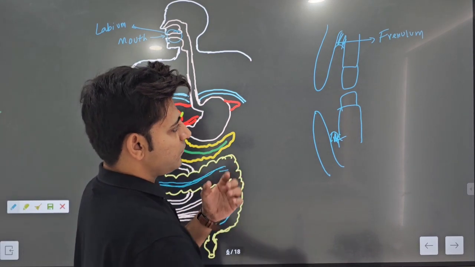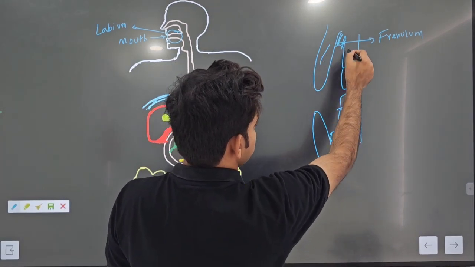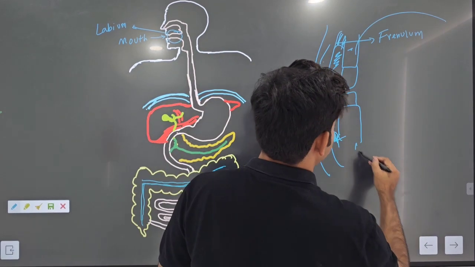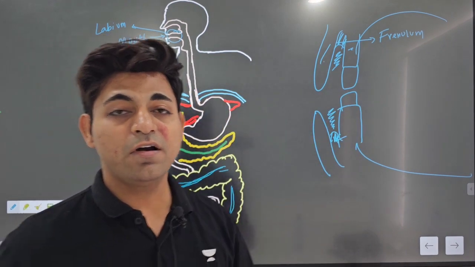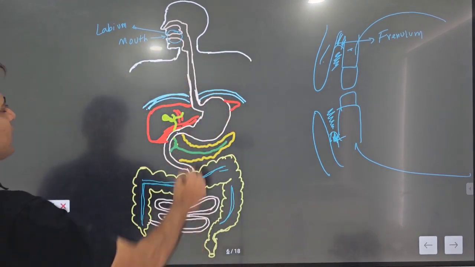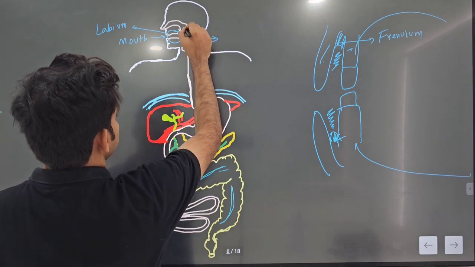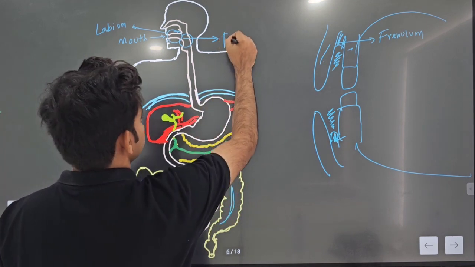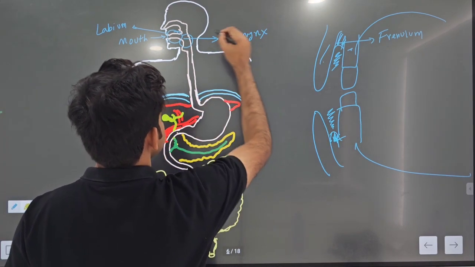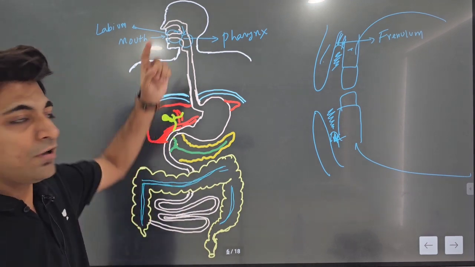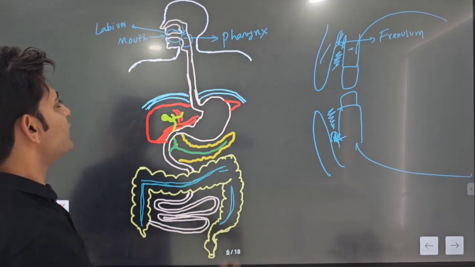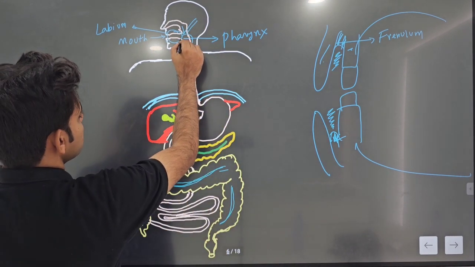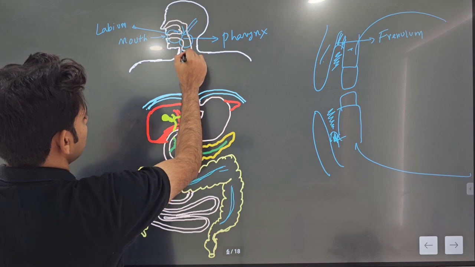Now the beginning of the buccal cavity, the space between our lips and gums, is called the buccal vestibule, and inside that the whole cavity is called the oral cavity. The internal opening of the oral cavity is called the pharynx. The pharynx is a common junction of the internal nostril, oral cavity, eustachian tube from the middle ear, and ultimately one side of the pharynx opens to the trachea